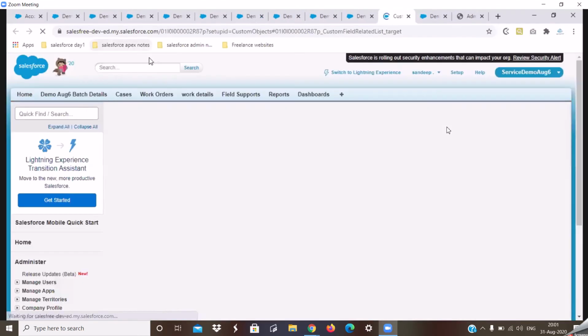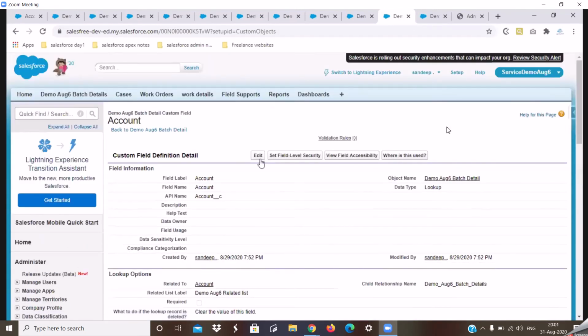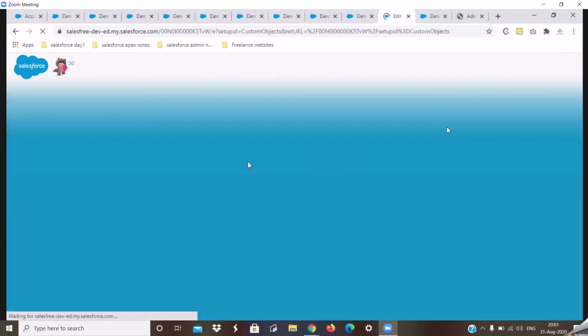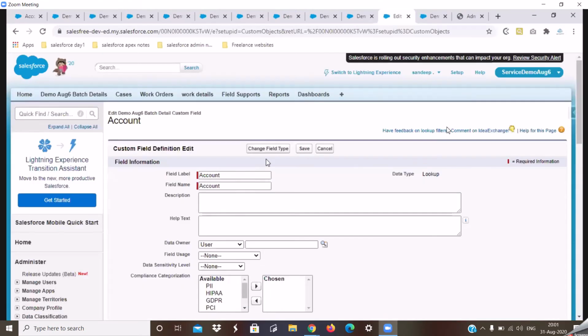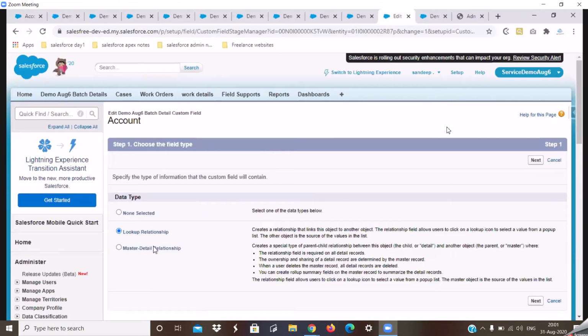Alright. Now I'll do this process once again, where I'm trying to convert a lookup to a master detail relationship, and this time we'll see if that error comes up or not. I'll click on change field type, select master detail relationship, and click on next.